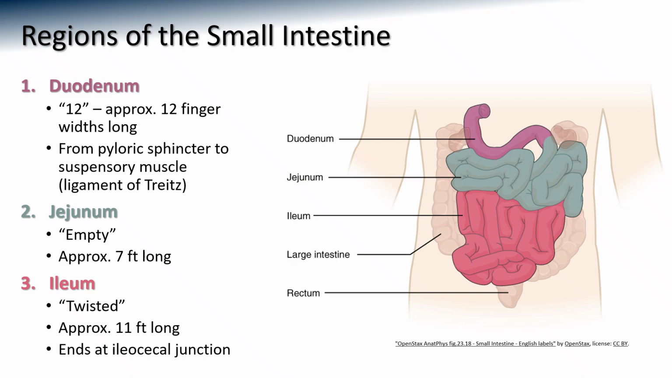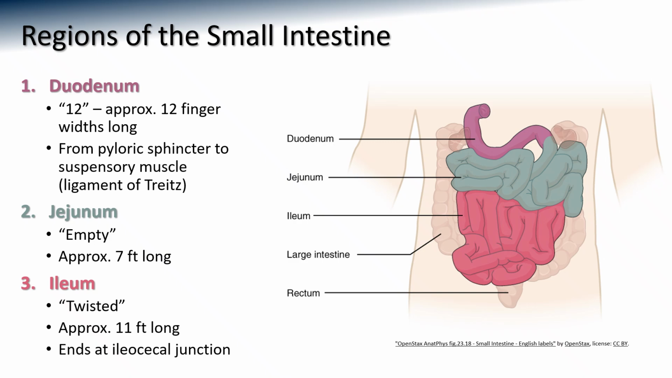To begin with, we are going to start by dividing the intestine up into three regions. The first is the duodenum, which is separated from the stomach by the pyloric sphincter. Duodenum means 12, and it gets its name because it's approximately 12 inches long, or 1 foot. It's pretty short compared to the other parts, but it's going to extend from the pyloric sphincter all the way